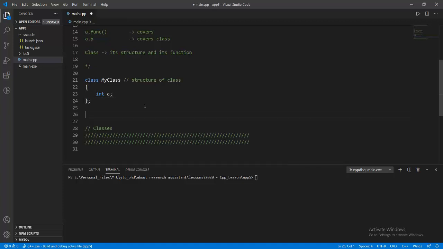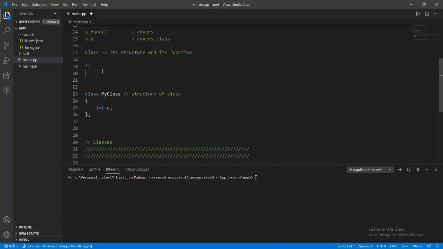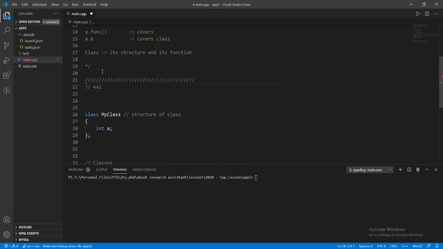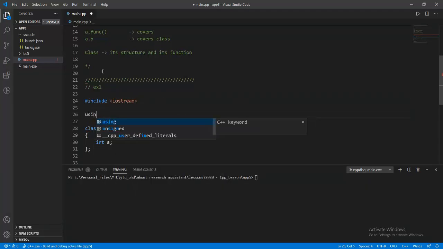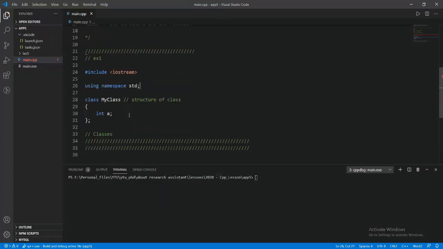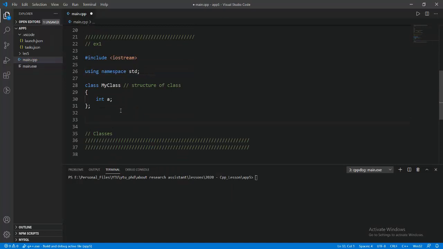So we can add the first example in here like this. We need to include some specific library, and we need to use the using keyword to use namespace std, the standard definition, and then we need the integer main function to execute the starting point for the C++ programming. Okay,